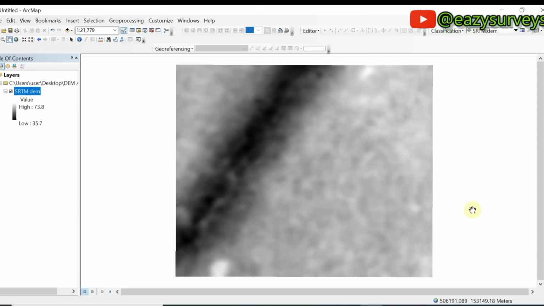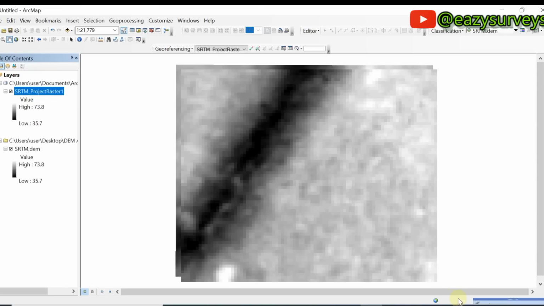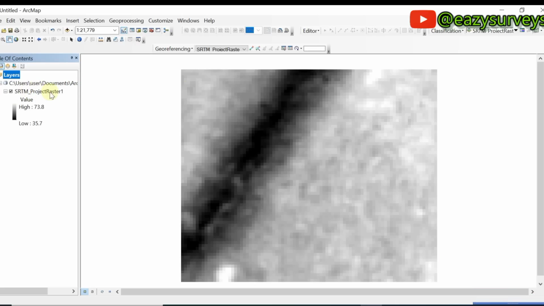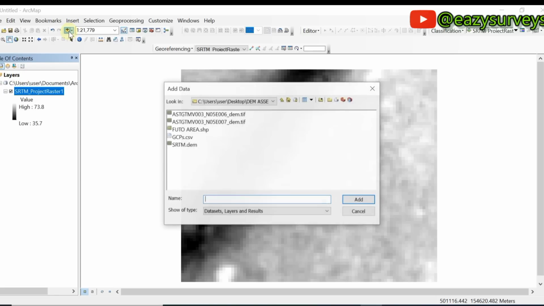So you just wait for a while, it's going to show OK. It is green, that shows it's a success and it has appeared here. So all you have to do is to remove this. We are going to be working with this. This is now on the Nigeria Transverse Mercator, the NTM projection system. So the next thing now to do is to import the